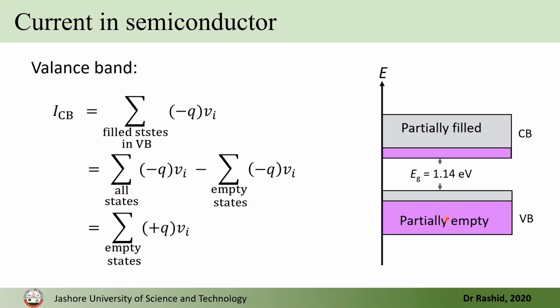This is summing over all the states minus the empty states, because we now see that at room temperature the valence band has some empty space because some electrons transfer to the conduction band due to thermal excitation or photon excitation. Now we know that this doesn't contribute to the current. This doesn't conduct because this is